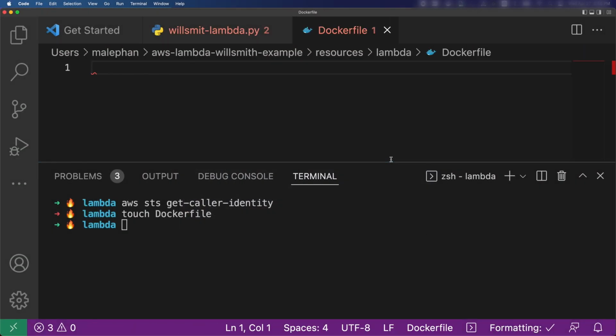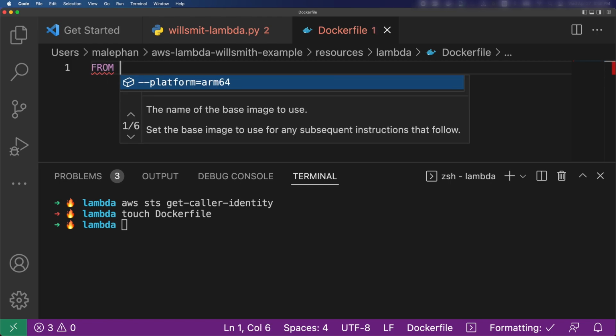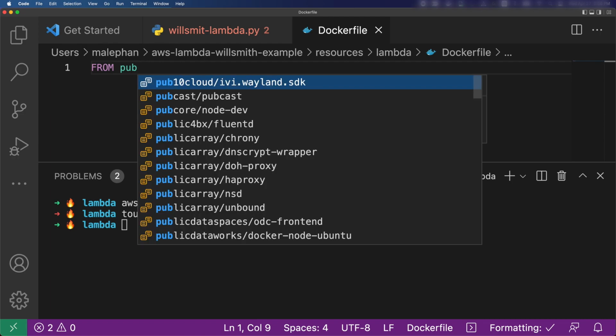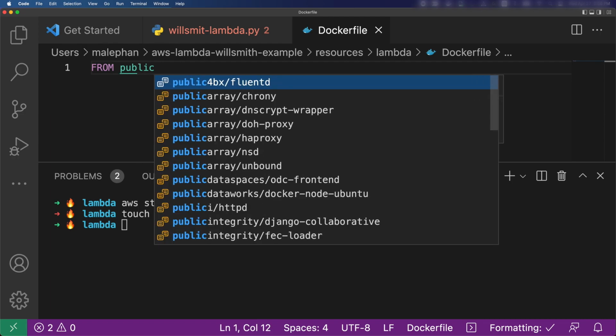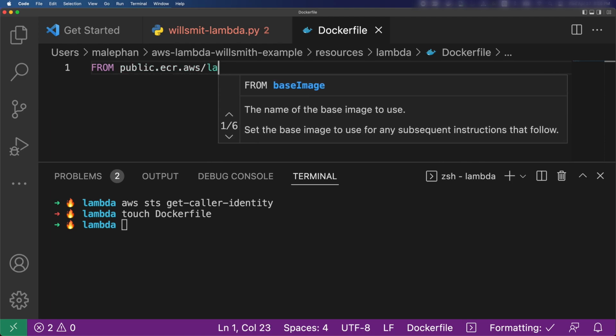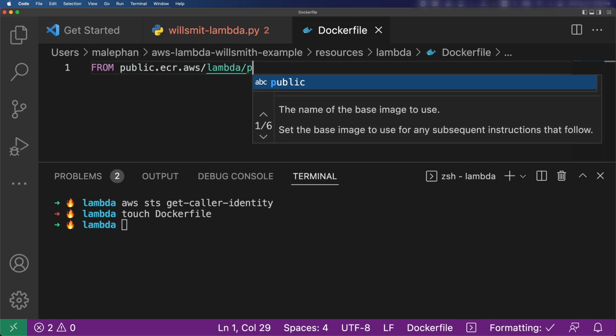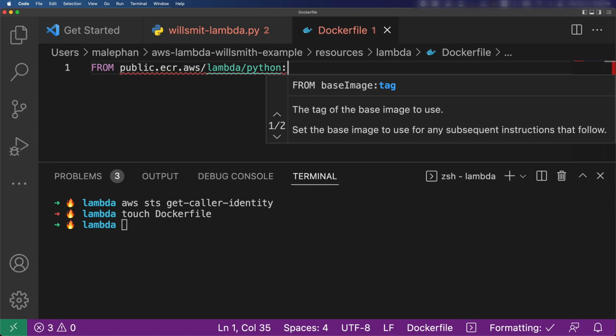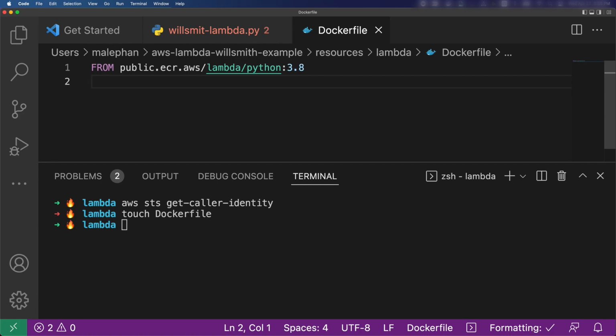So this is an empty file again. What I'm going to do is write this one with public.ecr.aws/lambda/python. Since I'm writing the code in Python, I'm calling this one for building my Docker image, and then